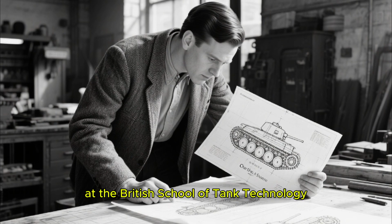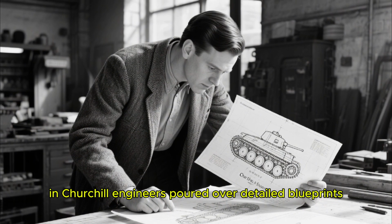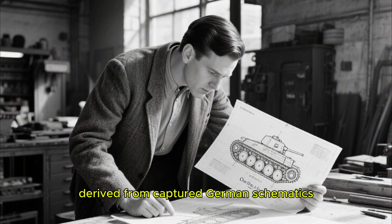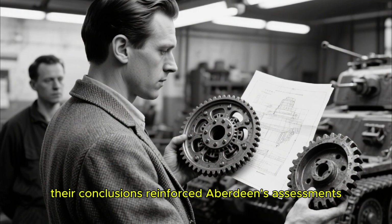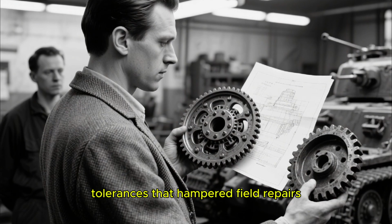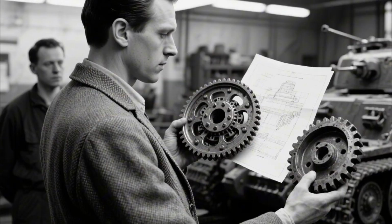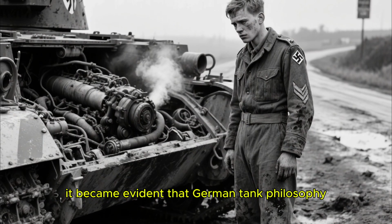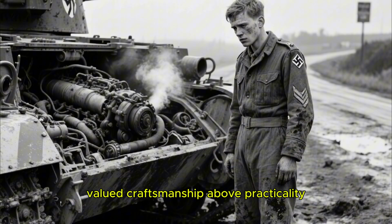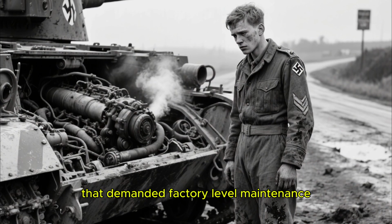At the British School of Tank Technology in Chertsey, engineers pored over detailed blueprints derived from captured German schematics. Their conclusions reinforced Aberdeen's assessments, highlighting the excessive precision tolerances that hampered field repairs and replacement part standardization. It became evident that German tank philosophy valued craftsmanship above practicality, resulting in vehicles that demanded factory-level maintenance, far from